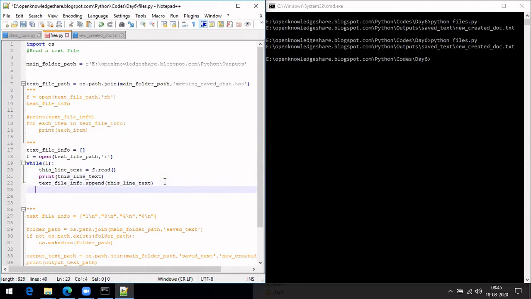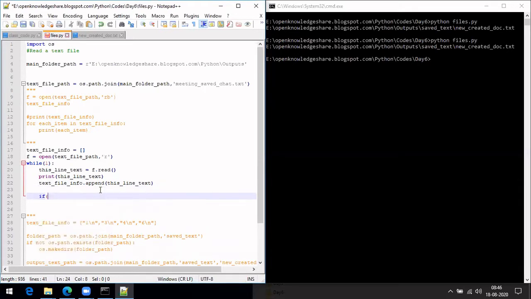In case it is an infinite loop, we should keep a break. Somehow we have to tell it that at some point it should break. So let's write that condition. When can it break? Let's say if not.